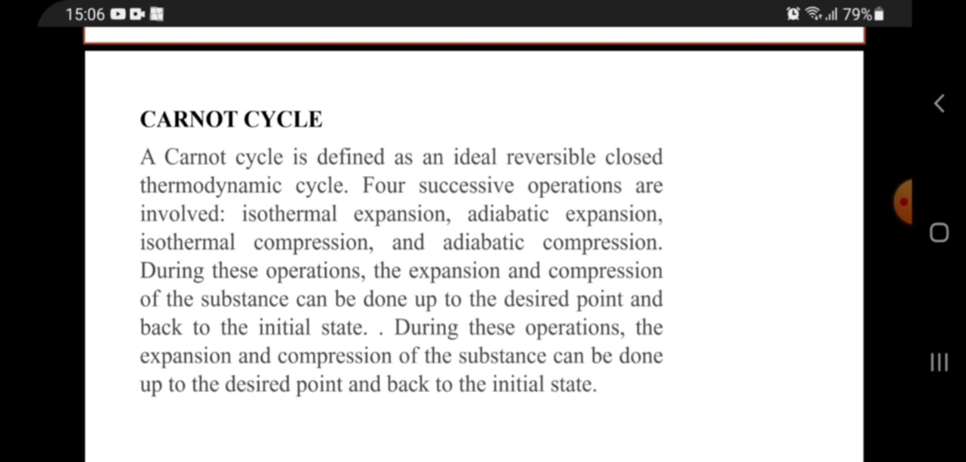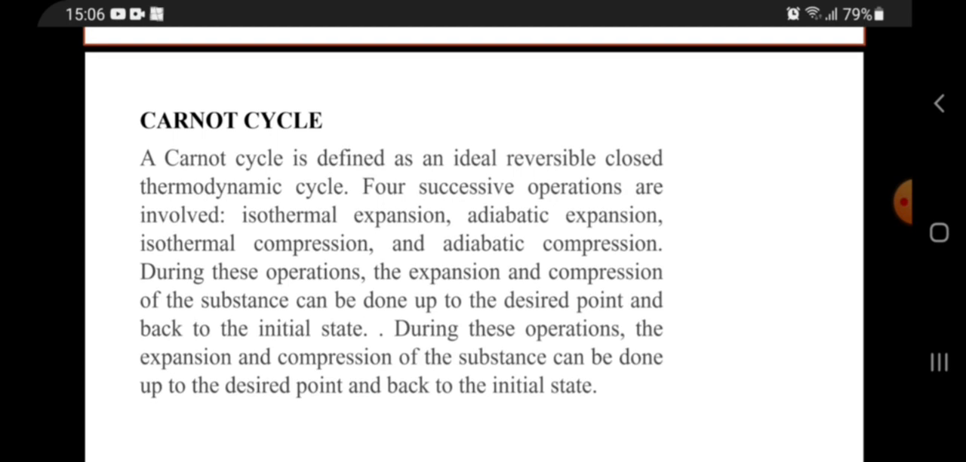First one, isothermal expansion, adiabatic expansion, isothermal compression, and adiabatic compression. Once again, I will repeat, that is very important: isothermal expansion, adiabatic expansion, isothermal compression, and adiabatic compression. So that is the